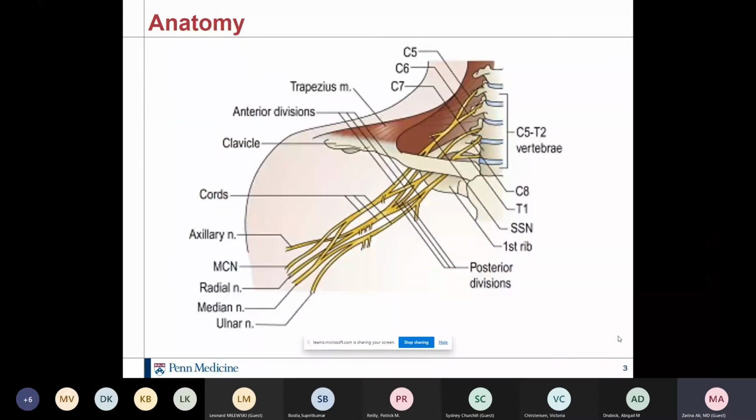As you all probably already know, the brachial plexus is a network of nerves that originates from the cervical and upper thoracic nerve roots. The nerves then combine to form the cords and divisions and then the distal nerves. I'll be talking about a variety of different injuries that occur at any one particular area at the level of the plexus, and you'll see that it's anatomically very, very important to isolate where along the plexus a